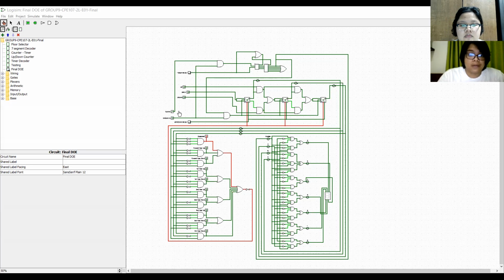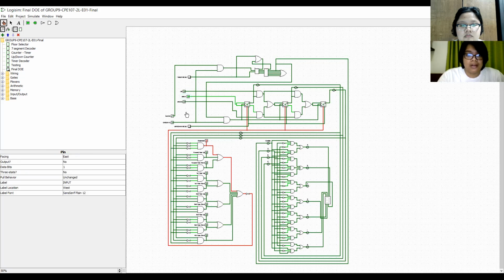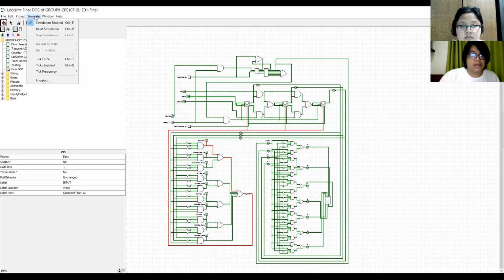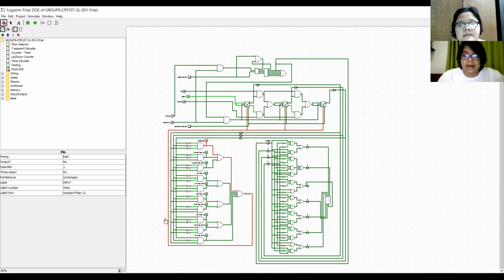So how to operate? First, let's activate the input there. And then let's auto assign the clock, with frequency 2. So it automatically ticks on and off. Next, let's choose a floor. Our default floor is the basement. So let's say we choose to go to the 3rd floor, which is here. Then let's operate.